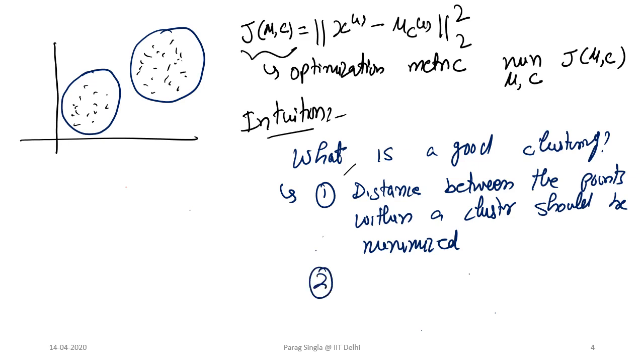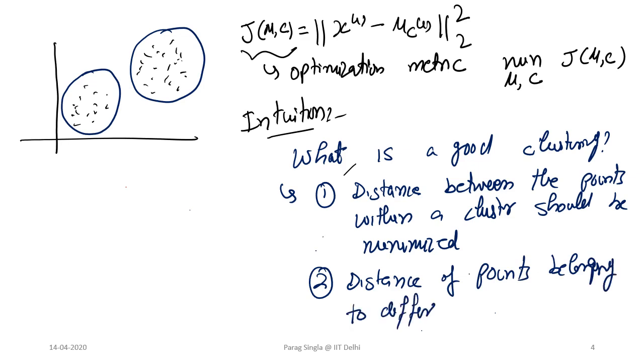The second one would be that the distance of points belonging to different clusters should be maximized, right? This is a different way of saying that points which belong to different clusters should be as far apart as possible, right? So this is sort of the objective, that intuitively, when we say something is a good clustering,